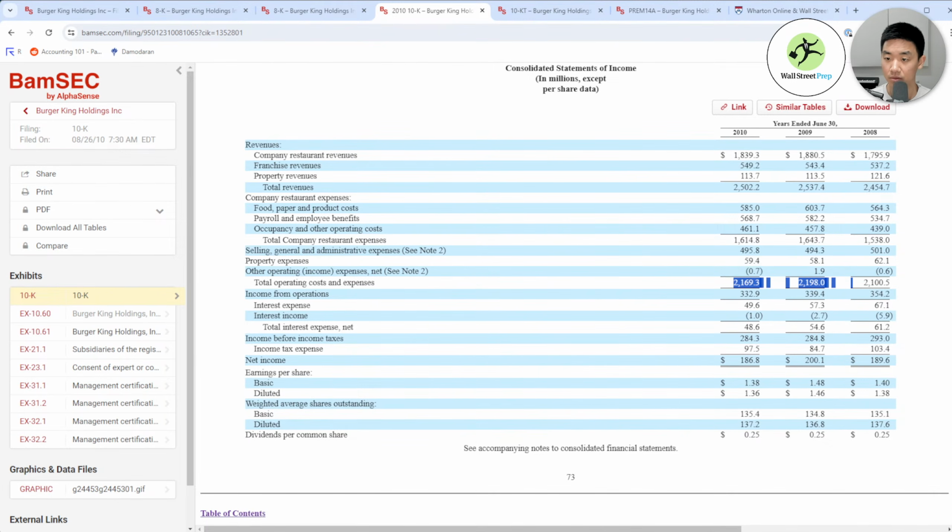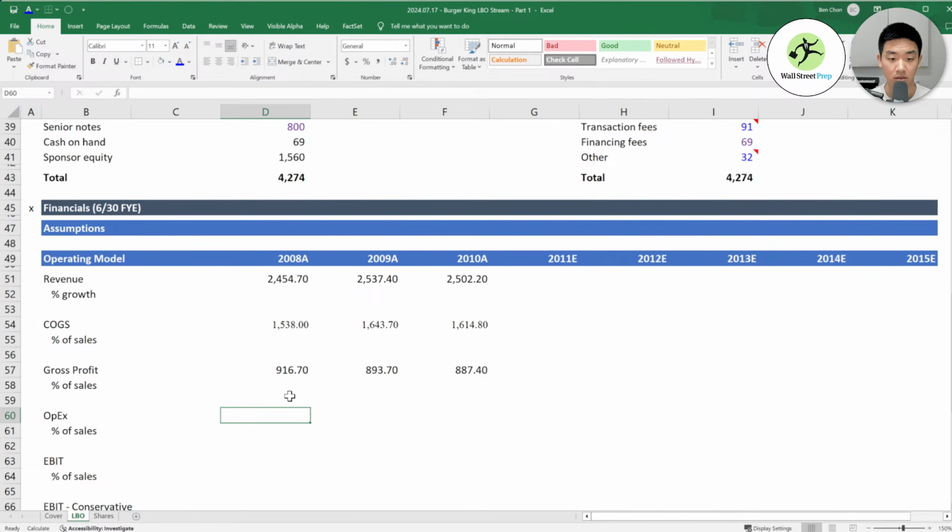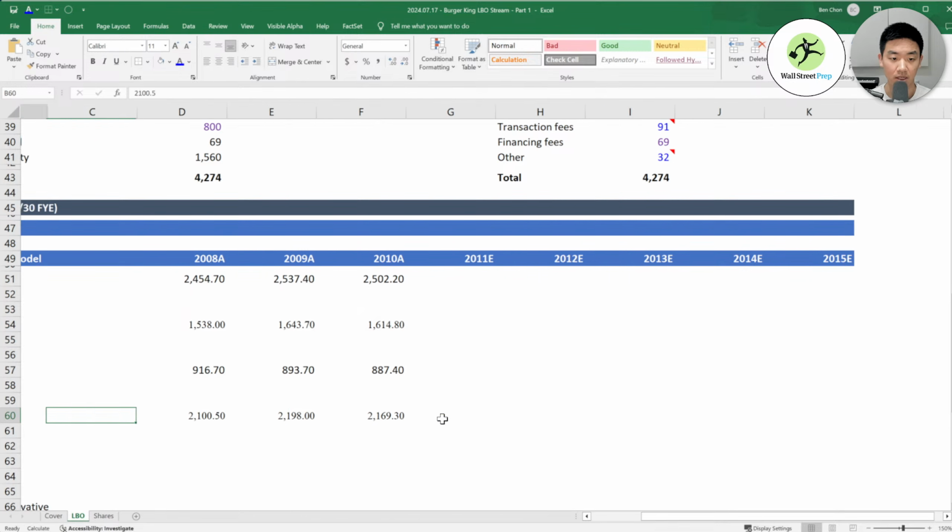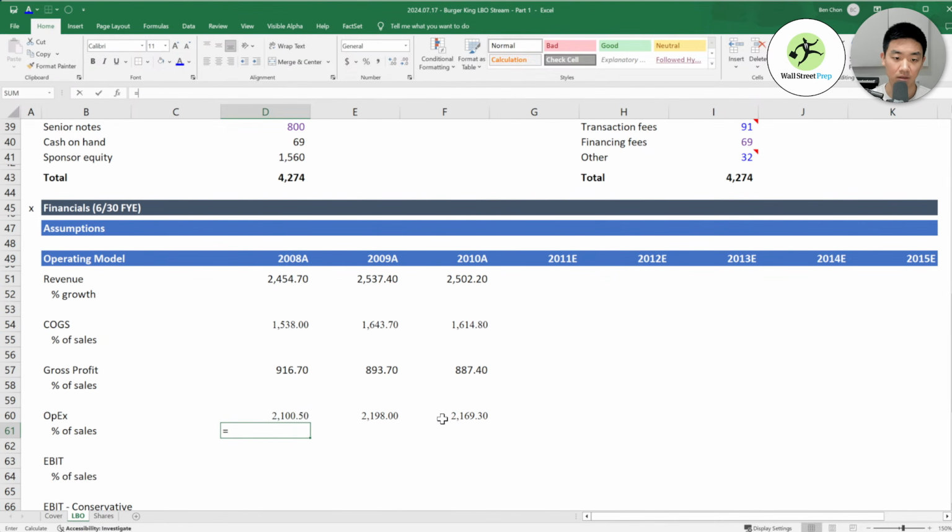So we're going to need to back into this. Ooh, I'm using my mouse. Should not do that. Okay, so OPEX, since they annoyingly combine everything, we're going to need to back into this. I copied it. So what I did here was, oops. What the heck?